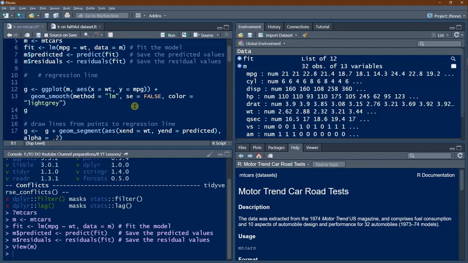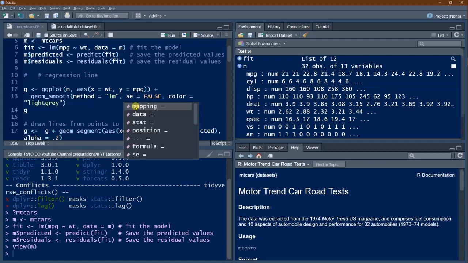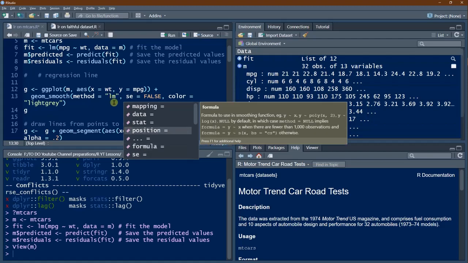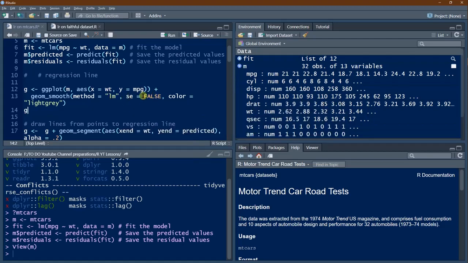Method is lm and color is light gray, and se, you can see here, is the display of confidence interval around smooth, TRUE by default. So we can say TRUE here also instead of FALSE.